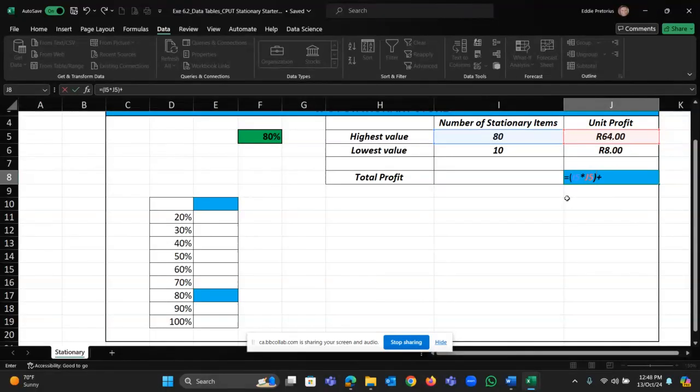And I'm going to say add. That's the highest value. I'm going to multiply open brackets again. The lowest value star with that 8 Rand over there. Close brackets. And if I enter, I should get a total of 5,200. So it's 80 times 64 in brackets of the highest value, and 8 Rand or 10 units times the 8 Rand unit profit of the lowest value. Multiplied, and we're going to add those two values together,